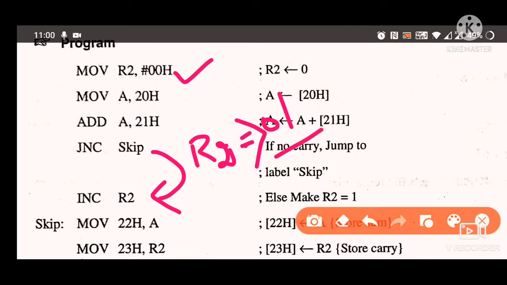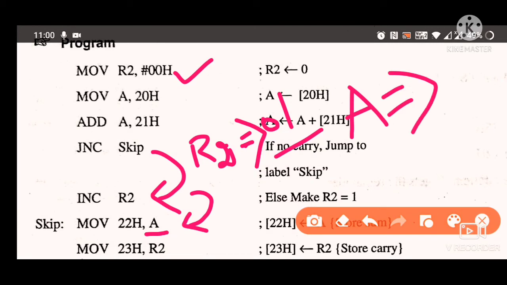After that we execute this instruction. We already know that the result is stored inside the A register, and it will be moved from the A register to 22H. If there is any carry present, the R2 value becomes 01, and that carry 01 will be stored inside the 23H address location.